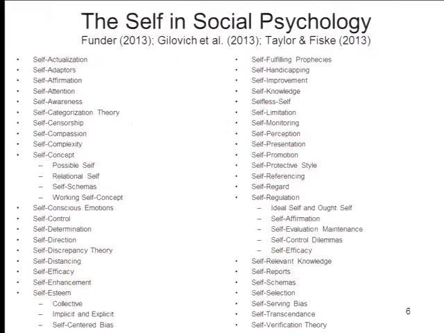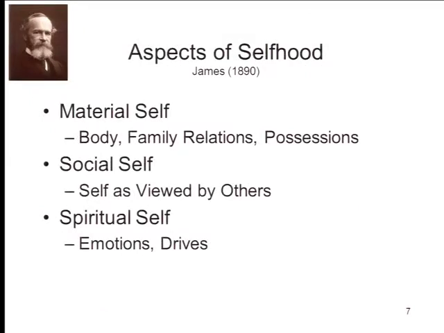Sometimes it seems as if modern psychology has picked up maybe a little bit too much on James's ideas, because if you open to the index of any textbook in personality and social psychology, and you can do that with Fiske and Taylor, you'll see this huge assortment of terms that have self as part of them, probably a longer list of index terms than any other topic in personality or social psychology. These are just representative samples. I ran out of room on the slide for this. But again, this is just a little illustration of how important the self is as a topic in personality and social psychology. At the same time, we try to figure out exactly what we mean by the self.